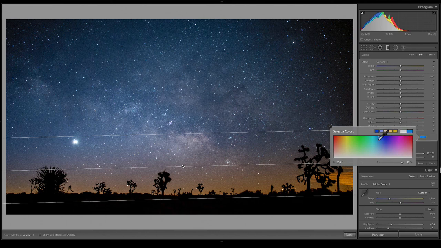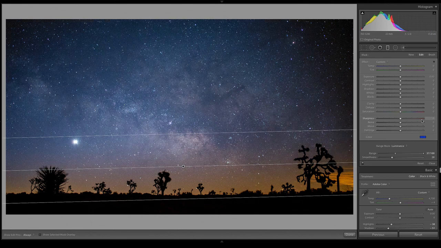So we can play around if we want a more light blue sky or a more dark blue sky with a little bit of purple in it. I think a darker blue with a tiny bit of purple is better. Maybe dropping the saturation just a little bit down here. Actually, that's pretty cool. I'm going to bring it back up. 100% saturation. That's looking good. If you want more blue, now is the chance to change the temperature, which helps a little bit.